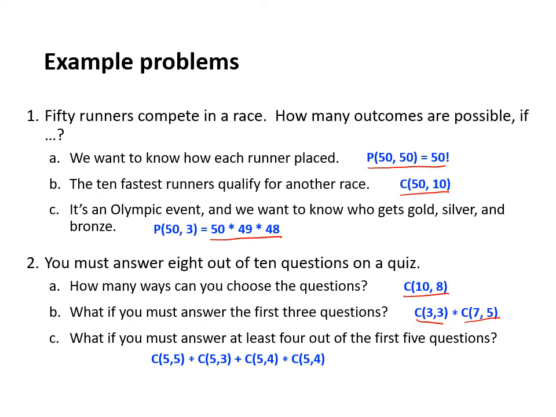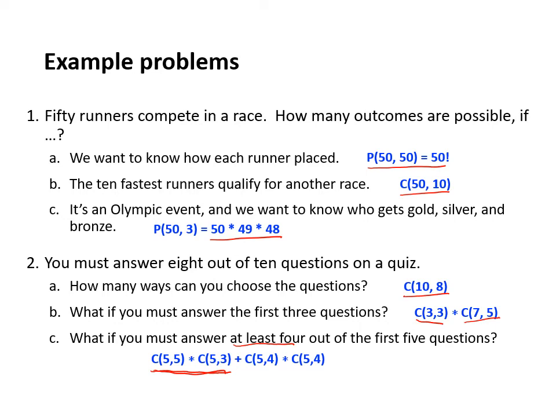Okay, so we have 2 situations here, or 2 cases. The one on the left is if we choose, because it says at least 4, so we have to choose either 4 or 5 out of the first 5. The expression on the left captures the case where we choose 5 out of the first 5 questions. And then we have to multiply this